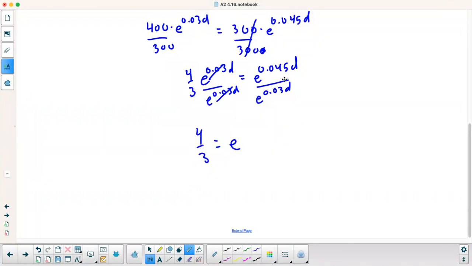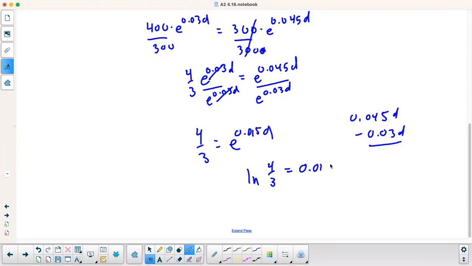Now remember, if you divide with the same base, you subtract the power. So I'm going to do 0.045d minus 0.03d. So that gives me e to the 0.015d. So now I can put in log form. So I say ln, so log base e of 4/3 equals 0.015d. Now I can divide by 0.015. That'll get me ln of 4/3 divided by 0.015. And now I can actually get the number here. It's 19.2